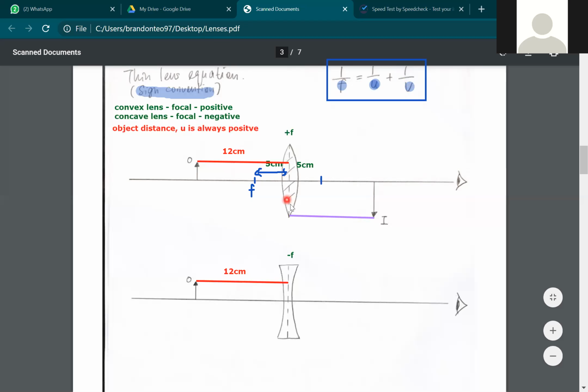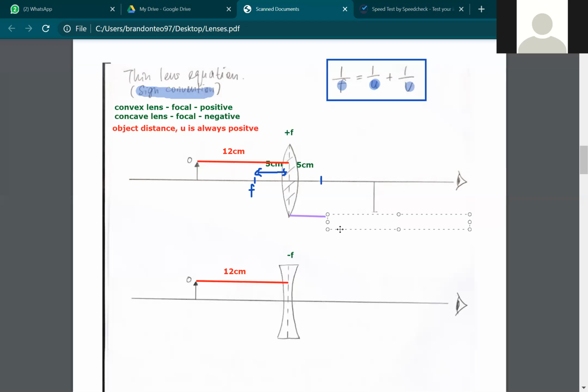If the image forms at the different side of the position of the eye, then it is a negative v. But first you have to make sure your eye position is correct 啦。Okay, 你要 make sure 你的眼睛的地方是 correct 先。